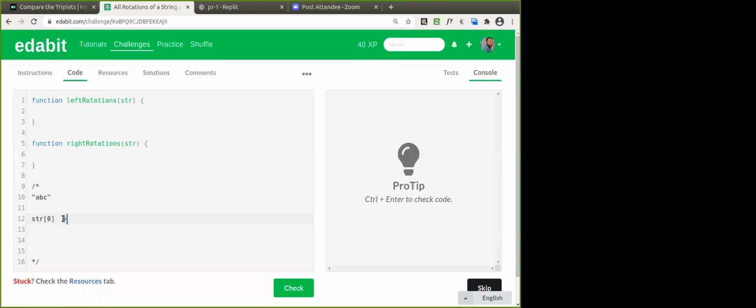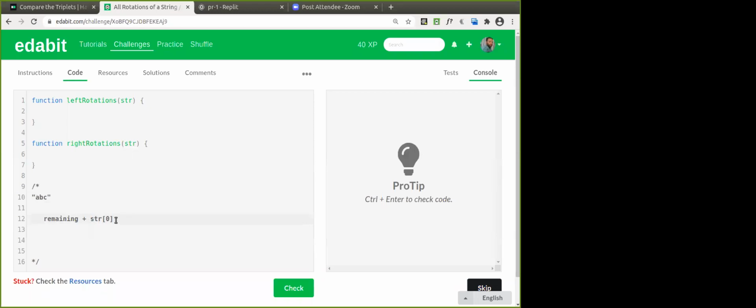So the remaining string we have to concatenate. Take the first character from the string. Good. Then take the remaining characters, whatever characters are there. That is the basic logic. Then whatever first character you have taken should be moved to the end. First of all, take the first character, then take all the characters in the string excluding the first character. Whatever first character you have taken should be moved to the end. This is the basic logic, isn't it? How we are going to do it, we'll see using the functions.